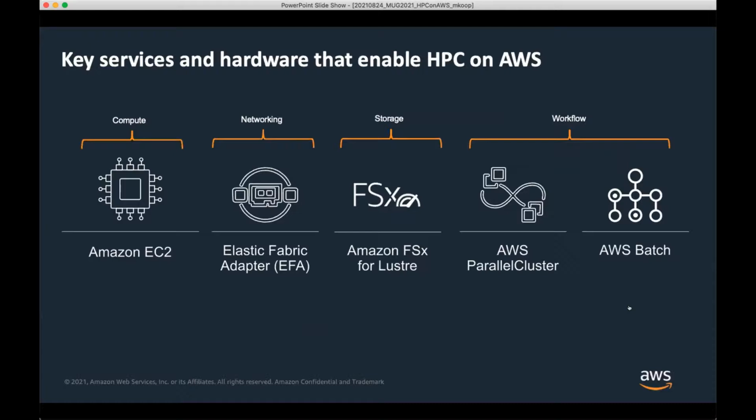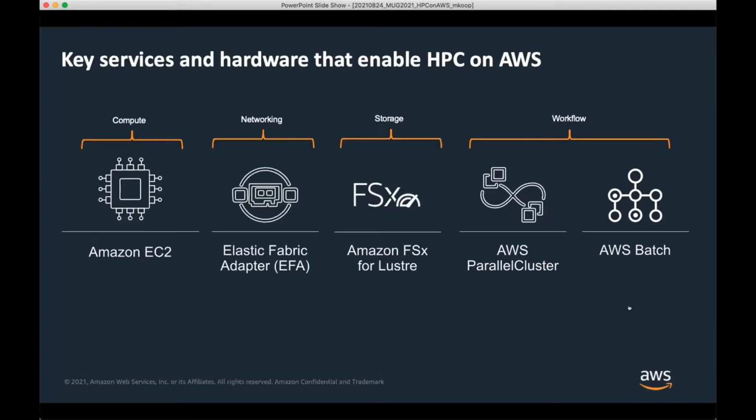So with that, I went through all the elements here, from the compute side, where I showed the variety of instances available, which allows you to choose what's best for your application, rather than just trying to fit into the one that might look like the HPC one you have on prem.